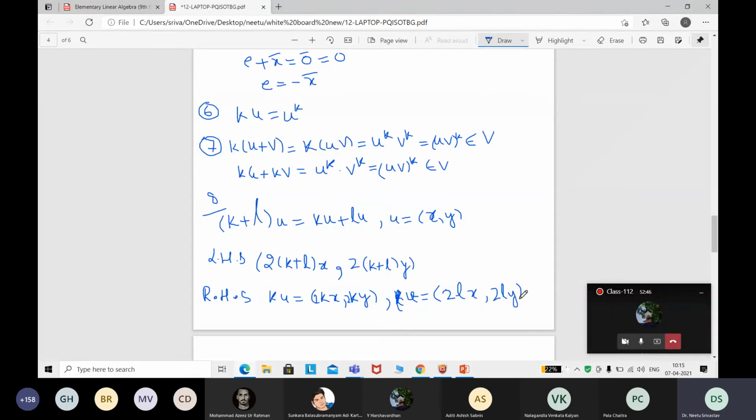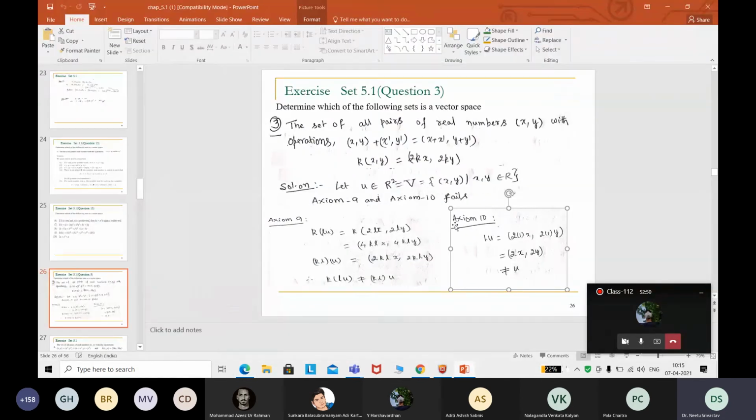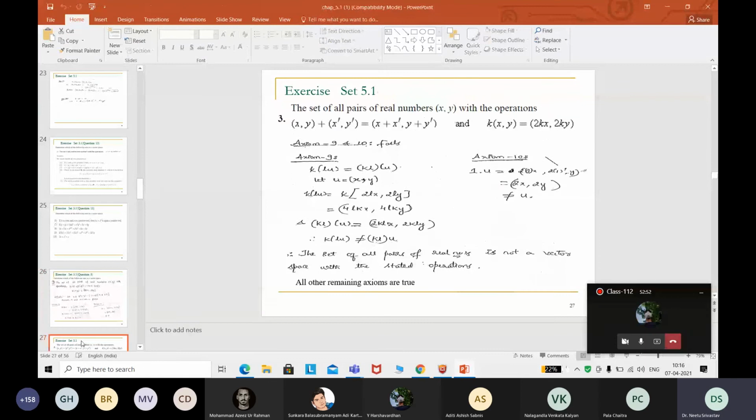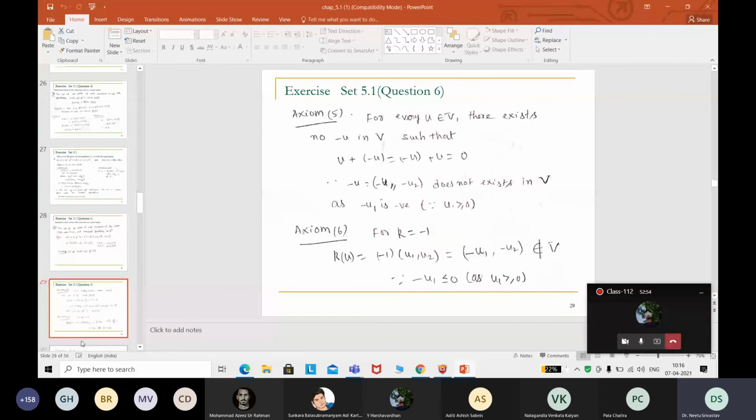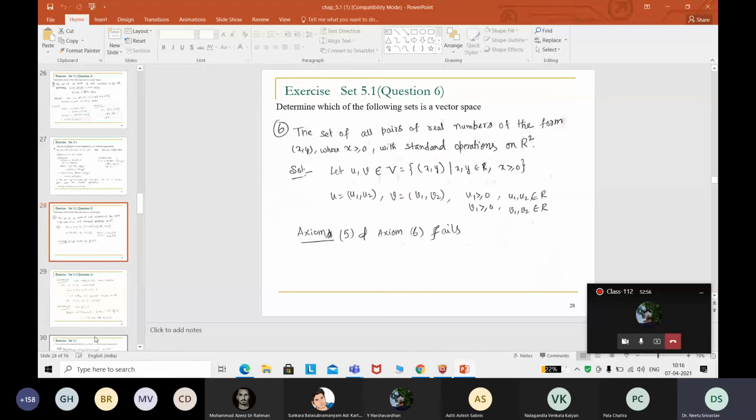So like this, please perform the questions, and today I'll share this PPT in PDF form. I think people have to complete 5.1. It is expected that they should complete it. This question also I will explain here. It is the real numbers again. They are telling x is greater than or equal to 0, so there is a condition only on x, that the first slot element is greater than or equal to 0.